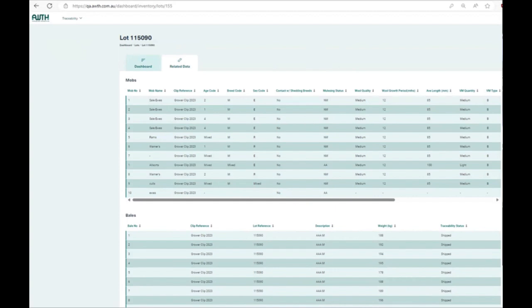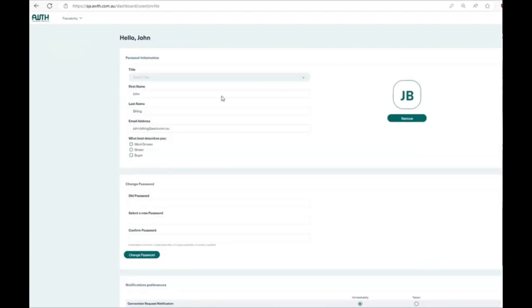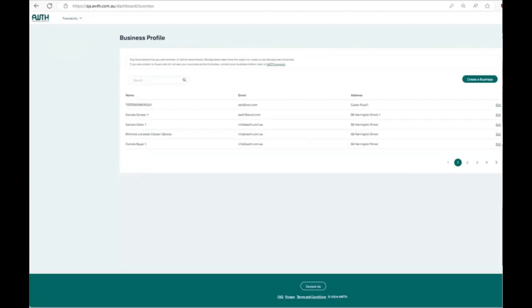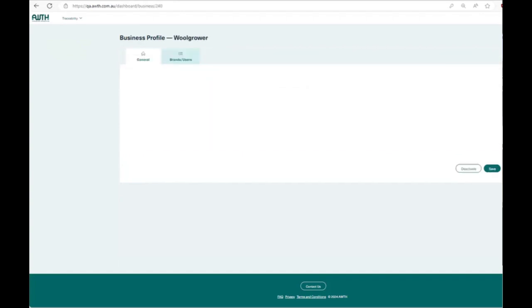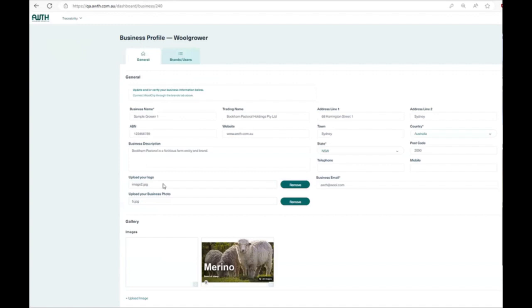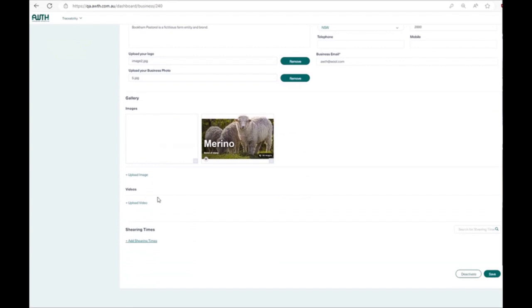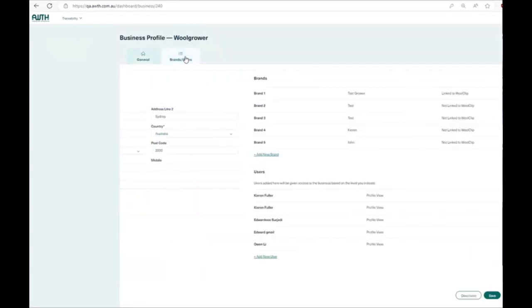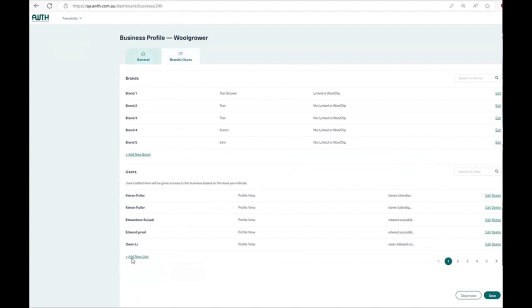If I come back through and show you how they set up their profile, not my profile, their profile. So like I said, when a grower onboards themselves, part of the process is to add information about their business. They can put some promotional images and videos up if they want to. And then they come through, they need to set up their brands, and they can set up their users for